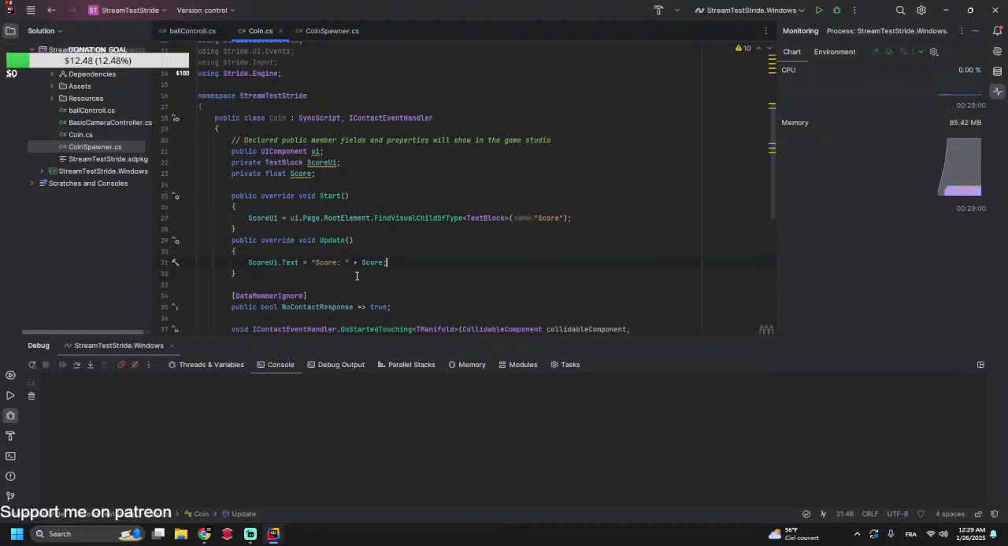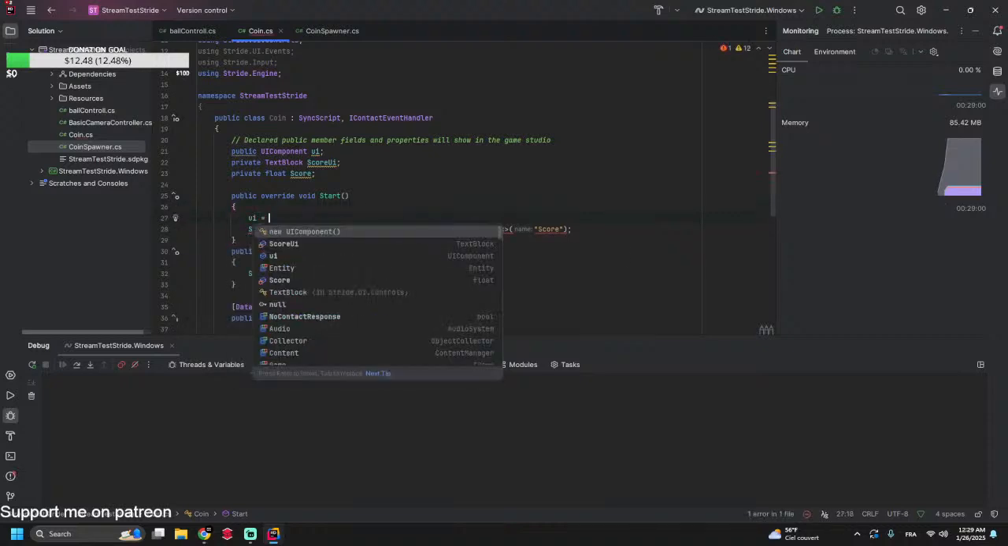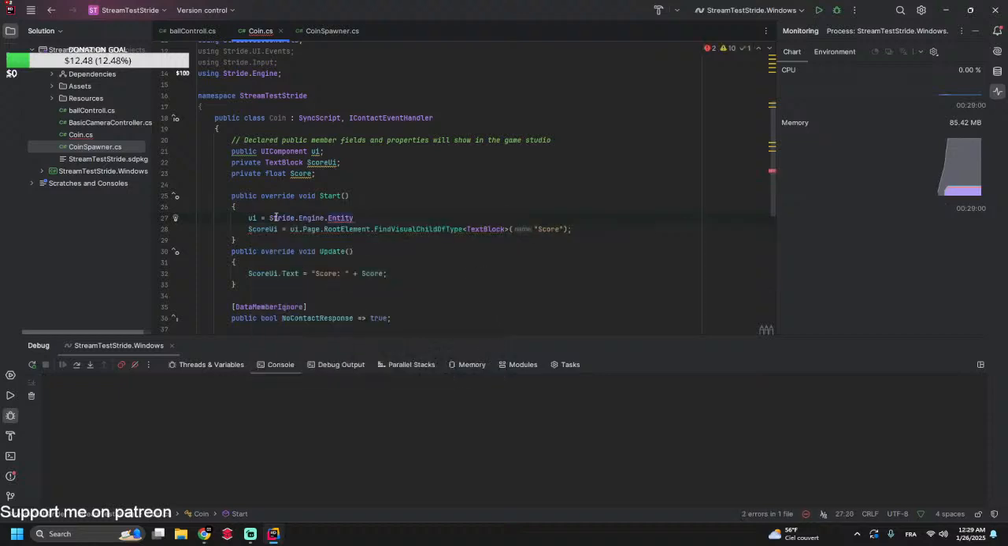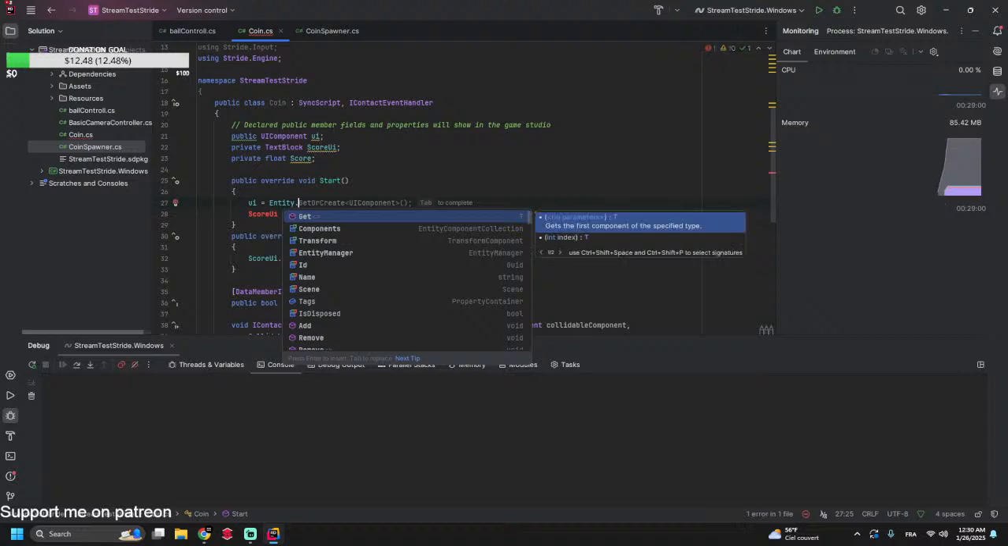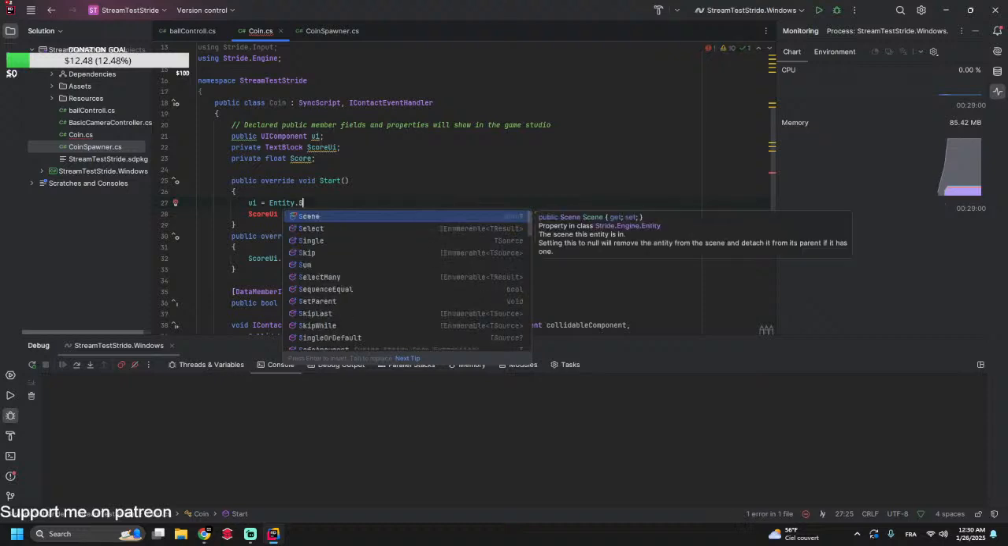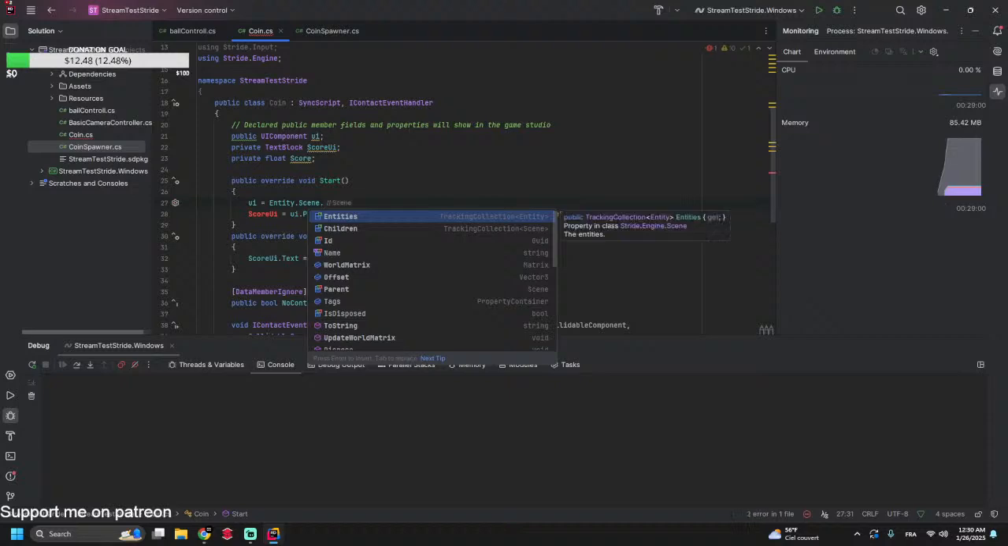entity.scene.get, something like that, I guess. So UI is equal to entity until it's instantiated. So entity, Stride engine.entity. Have you ever used an entity in your life? So entity dot scene dot get